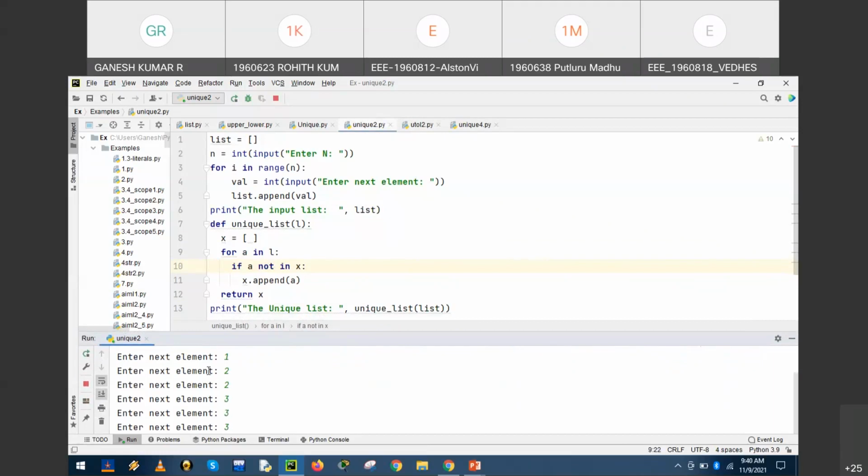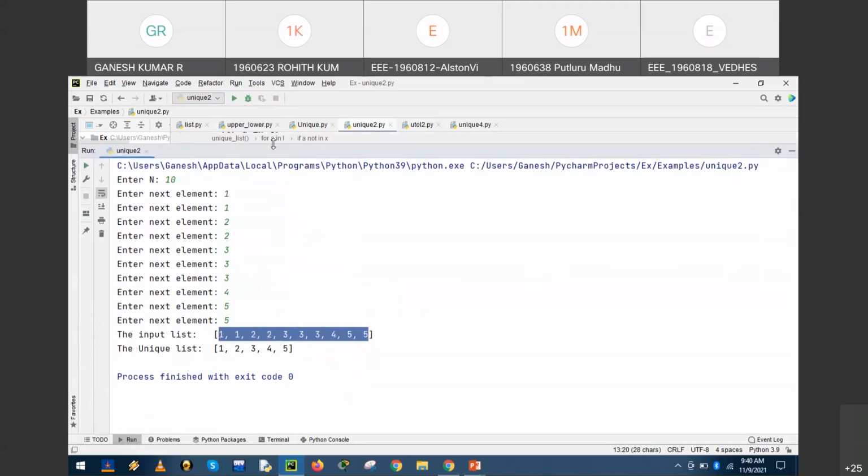So far 6 done, right? 4, 4, 5. So the 10 elements of data are entered. Out of those 10, the unique 1, 2, 3, 4, 5 are calculated.